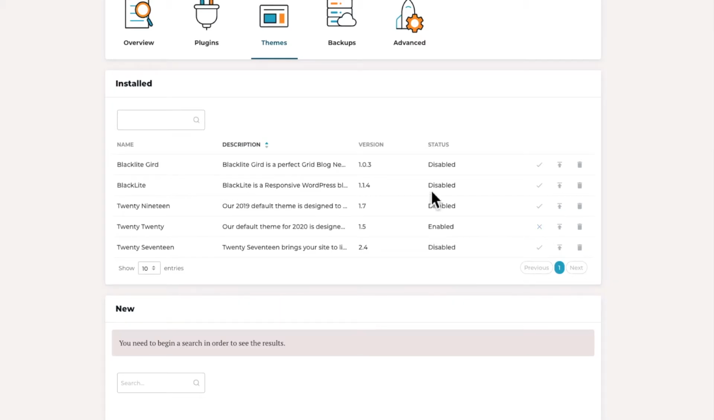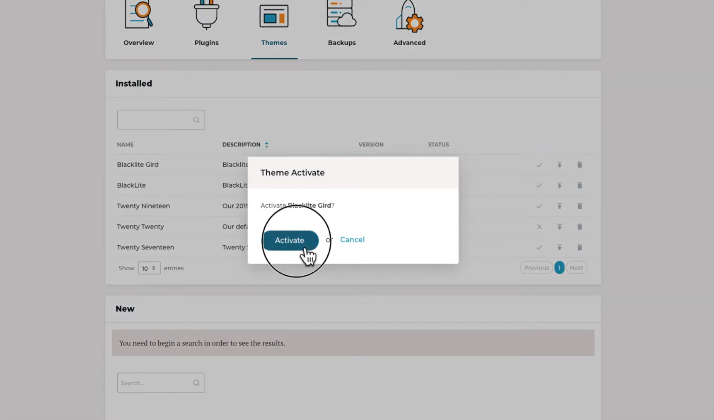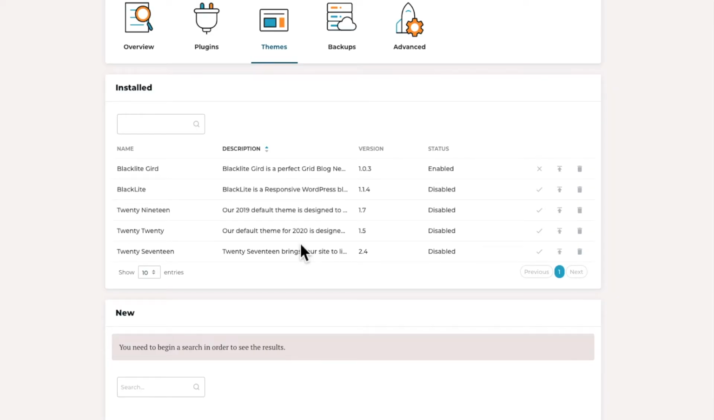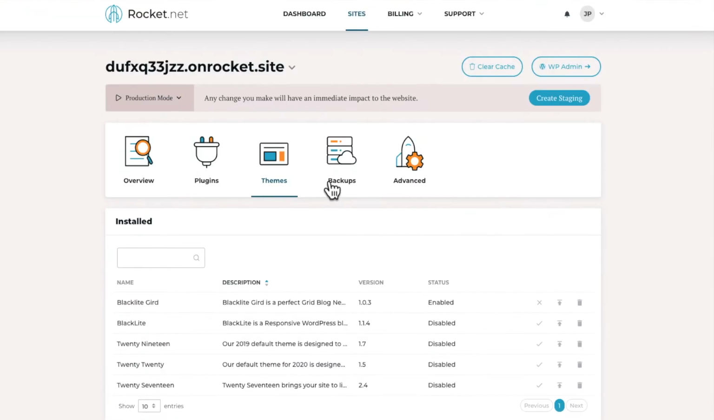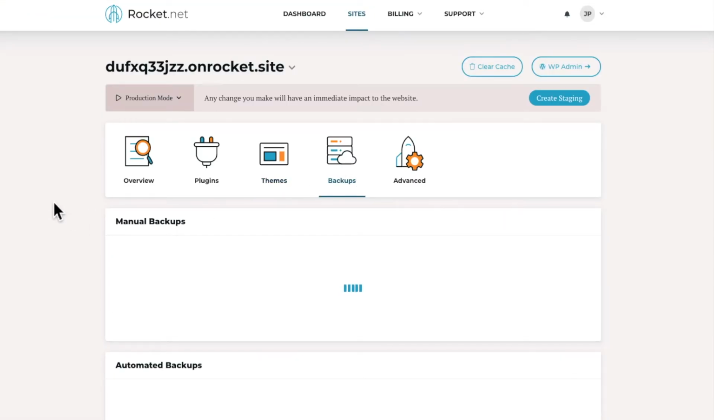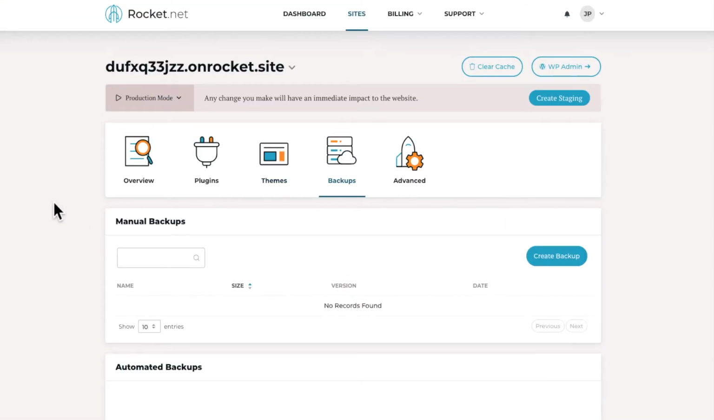Actually, we can go ahead and enable. So I'm using Black Light Grid. So I'm going to activate it. And you can see that that automatically disabled the 2020 theme. Perfect. Next thing we can look at, just so you are aware of it, is they have manual and automated